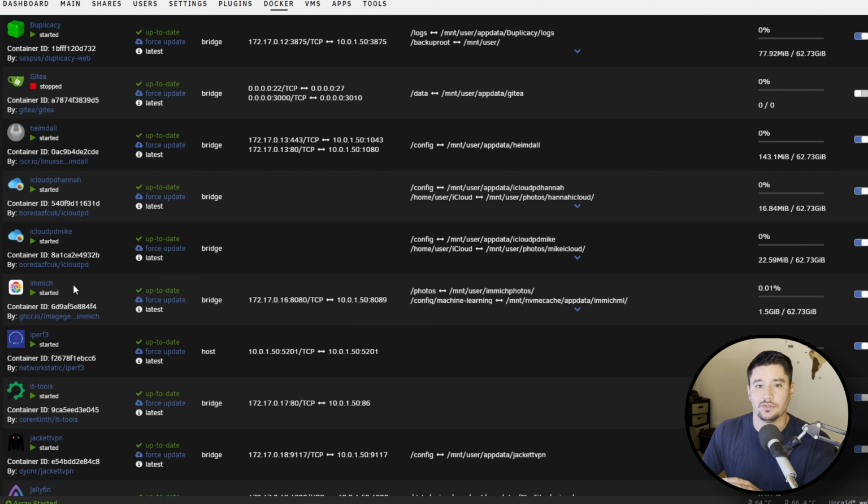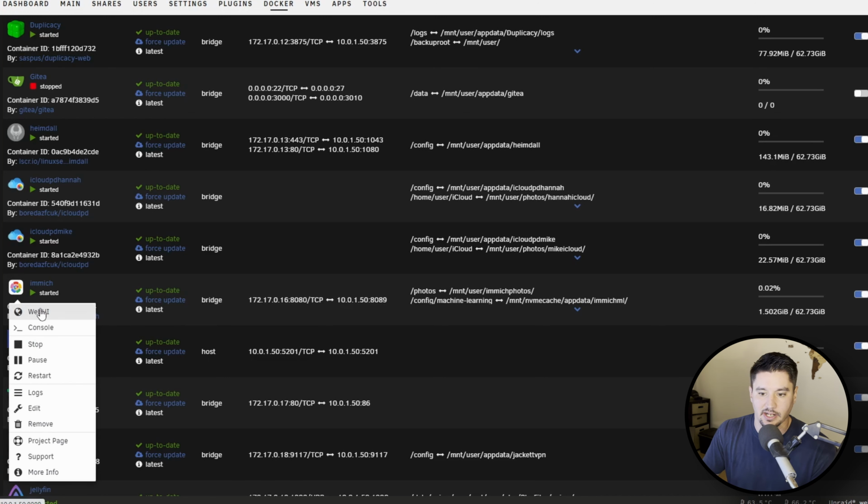I have found that you do want to give it a few minutes to initially spin up. If you try to go to the website right away, it won't be available. So give it a minute or two, let it run through its initial startup. And then the easiest way to find the address is to simply click on the Immich icon and click on Web UI to be taken right into the Web UI, where you will enter your admin email address and password for the first time. So for that account, enter whatever you would like,